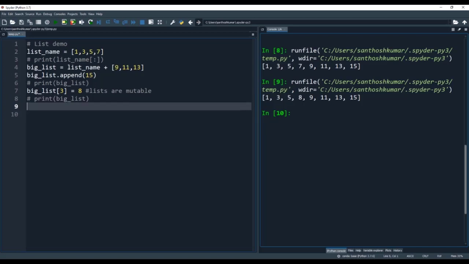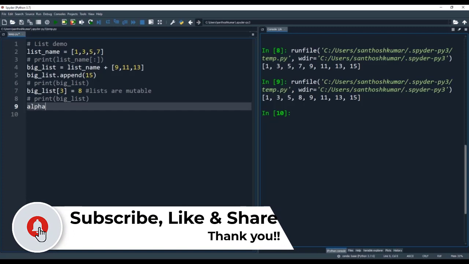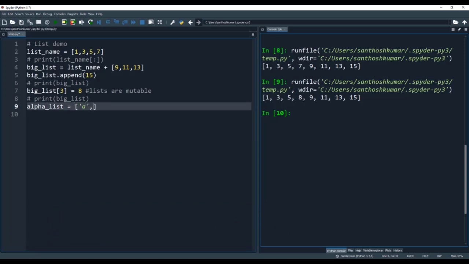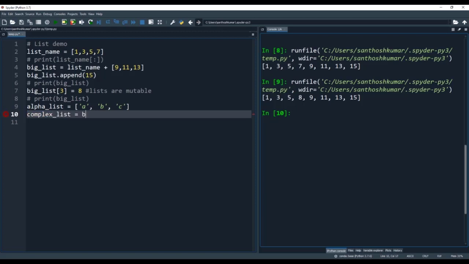Next, a single list can have different data types. To demonstrate that, I am creating an alpha_list and assigning it the value a, b, c, which are strings. Then I create a complex_list variable and assign big_list plus alpha_list to it.